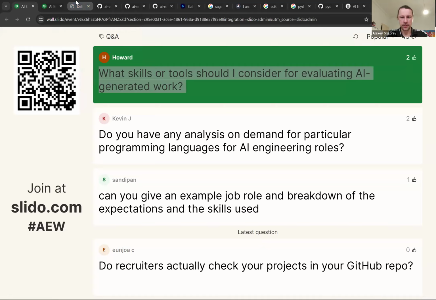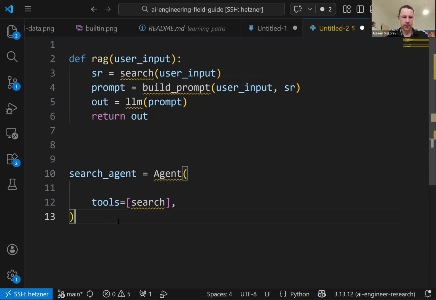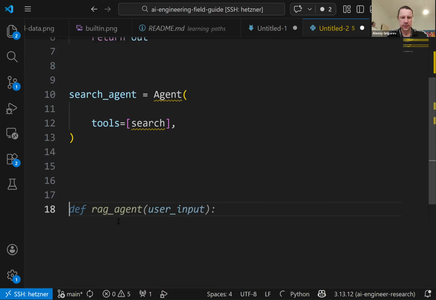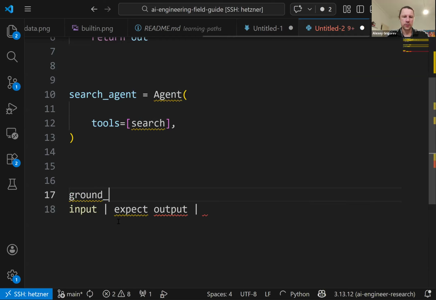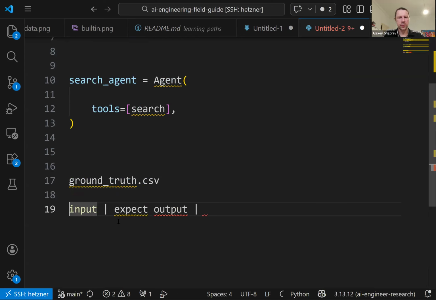Let me maybe write this. So you have a table that looks like this. You have input, then you have expected output, right? This could be a ground truth CSV file. So you have input and expected output.